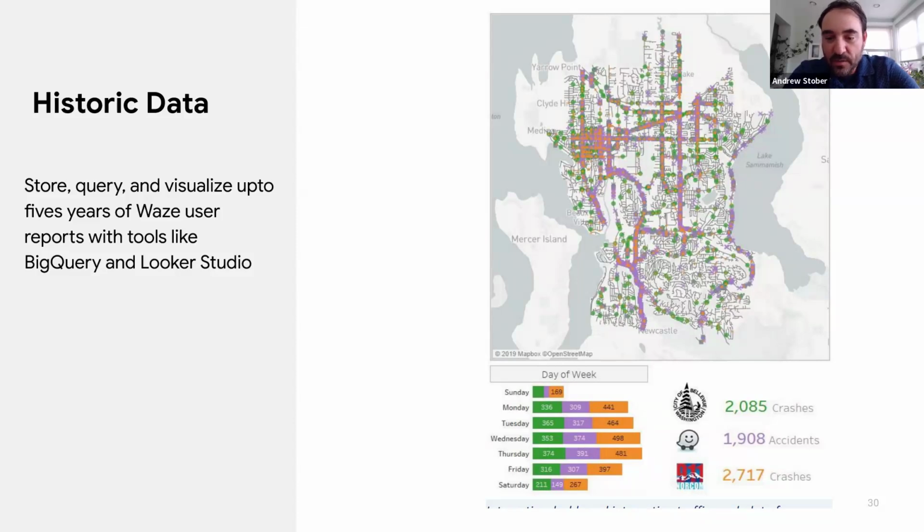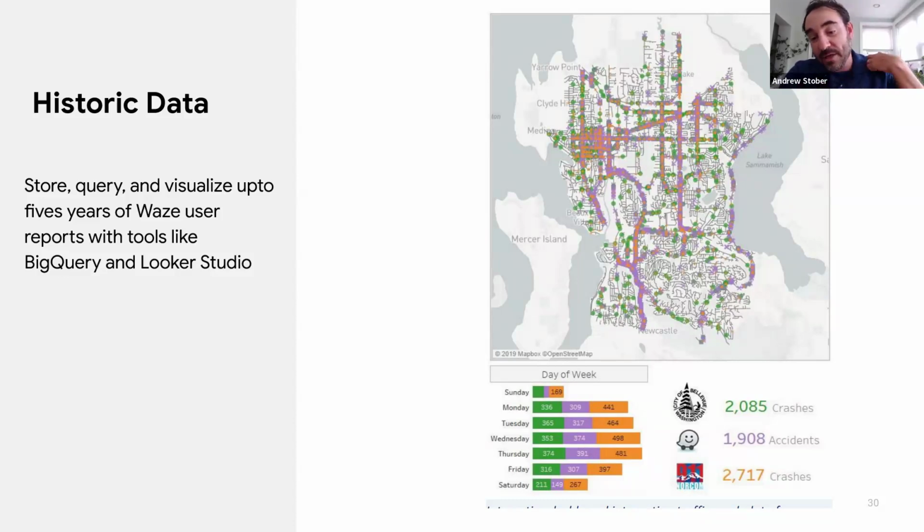So they took three sources of data, and you can see a little bit the richness of each of that data. So you have the crashes that are in the state database. You have the crashes that were reported on Waze. We call them accidents in our system because that nomenclature was set up about 10 years ago. And you can see 911 reports of crashes. And you can see how they're overlaid there.